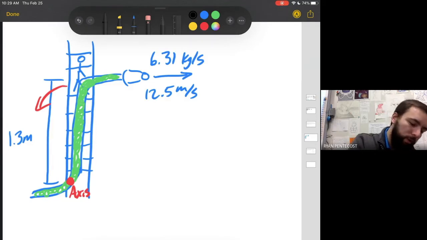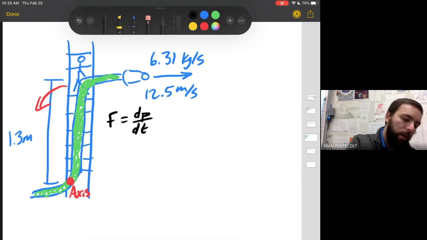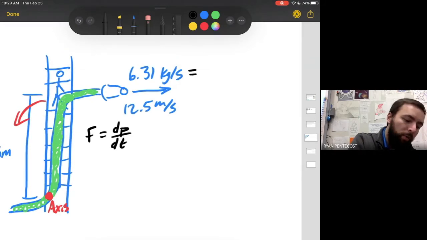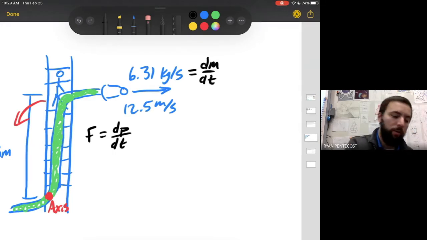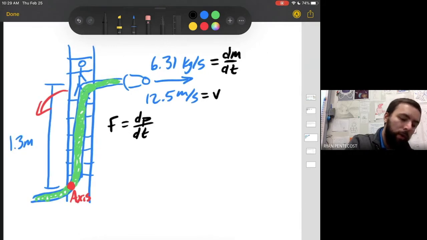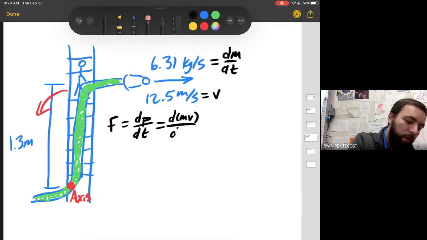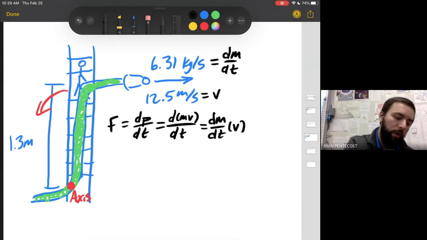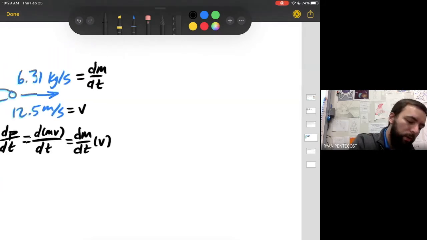So force, okay, force is dP over dt. Okay, here, this water flow is dm dt. Okay, that is a change in mass over time, and this is a constant velocity that we can use for this. So if we split up dP dt, that is d(mv) divided by dt, which can be shown as dm dt times the velocity, right? So if we do that math, we simply have